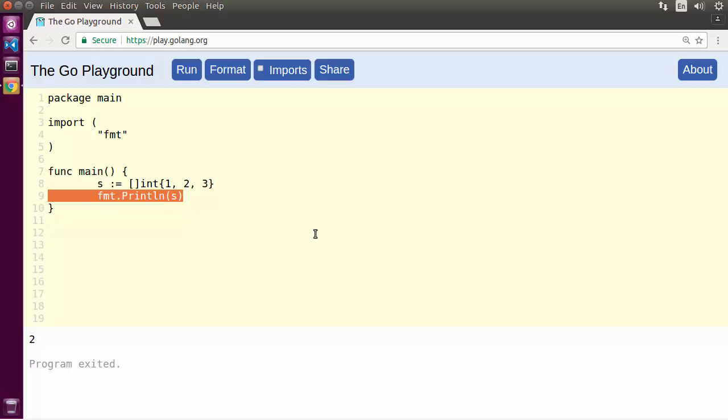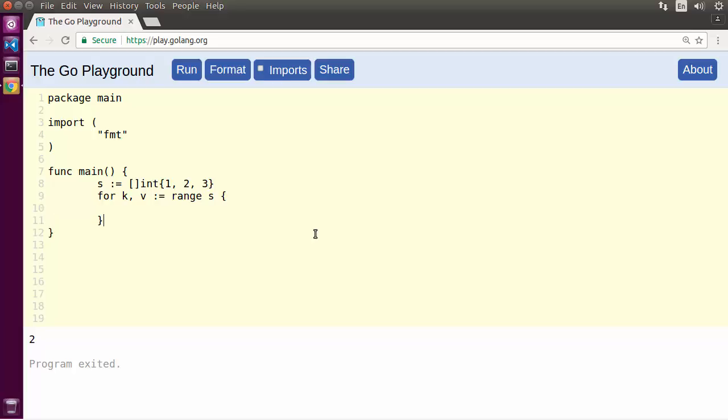So the way that I'm going to loop through a collection is using a special form of the for loop called a for range loop. I'm going to start that with the for keyword, as you might expect. And then I'm going to get both the key and the value for the current item in the collection, so I'm going to have two variables that I can set there. And then I'm going to set that equal to this special range keyword and then provide the collection that I'm